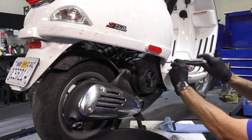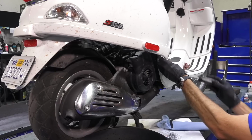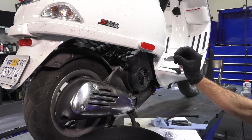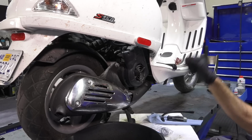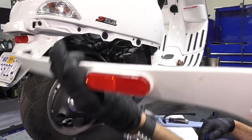Should have 2 screws, just a Phillips driver will remove the screws, but somebody's already dismantled the scooter, and that's not even the right screw in there. Somebody was not paying attention to details. This should be a really short screw, so I'll replace that with the correct screws upon assembly here. So you get that skirt off,